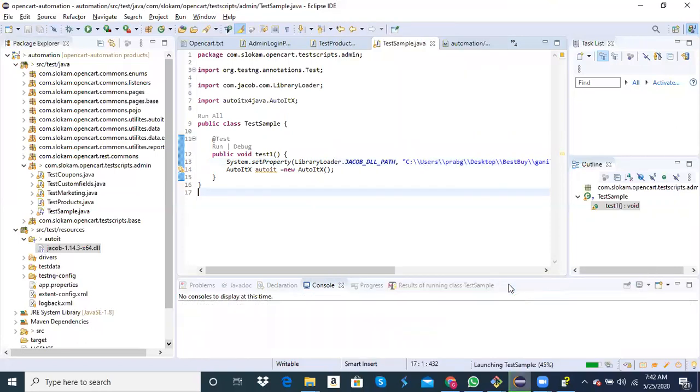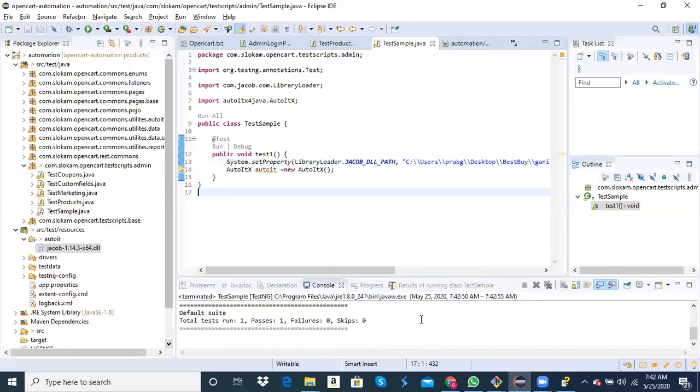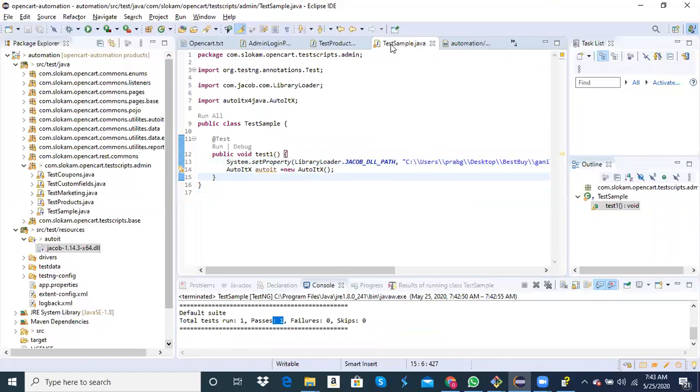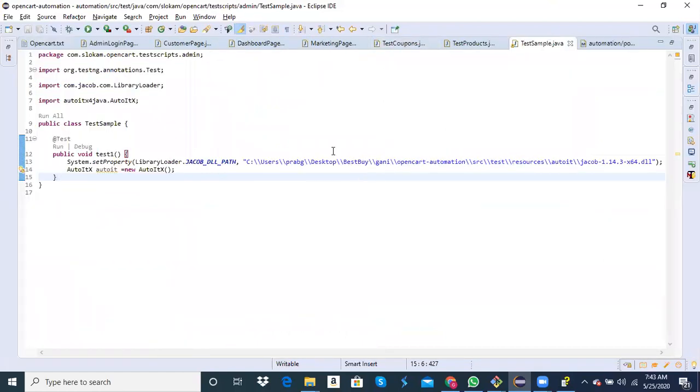Testing the test. What it will do is, it now passed. That means that DLL is available. The problem with this approach is this path. If I hard code it like this in my code and have to run it on another machine, it will not work, because we do not save the path the same. We put it in different places, right? So this is not the correct one.